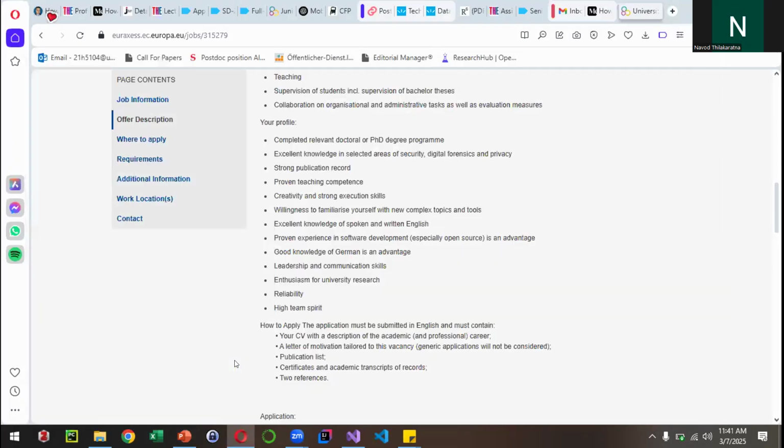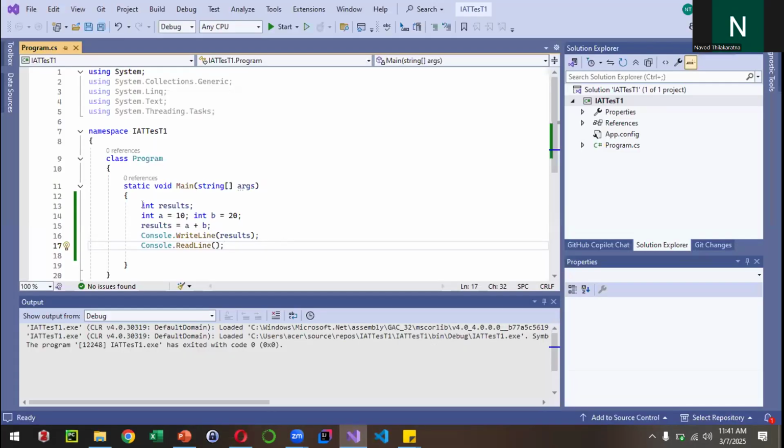So this value should be a Boolean value. So bool results. So the same previous example, I will change this value because it is giving me Boolean values as the output, right? Bool. So it should be a relational operator. So I'm gonna say